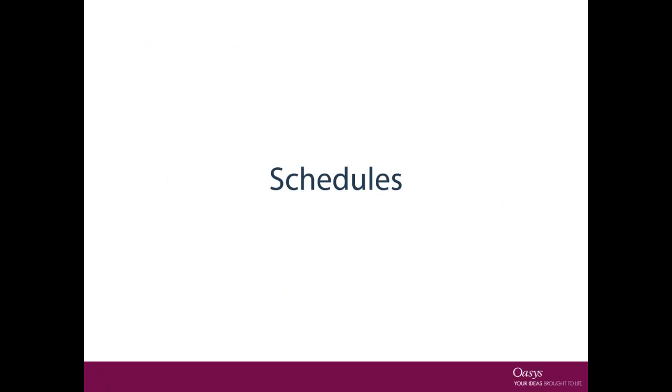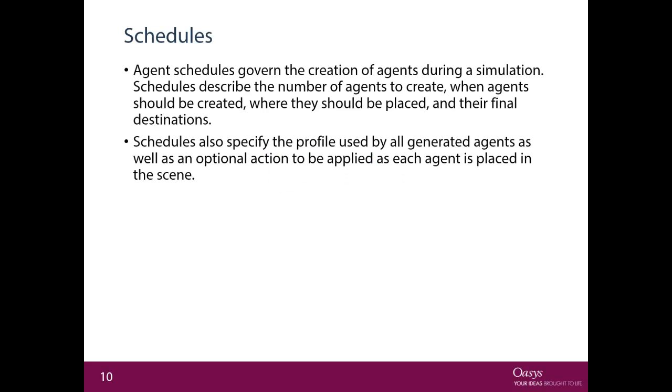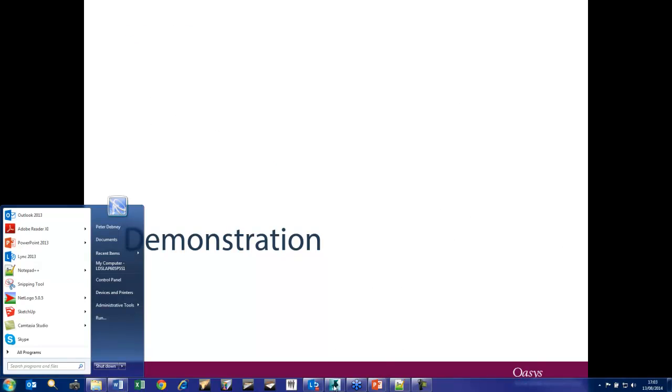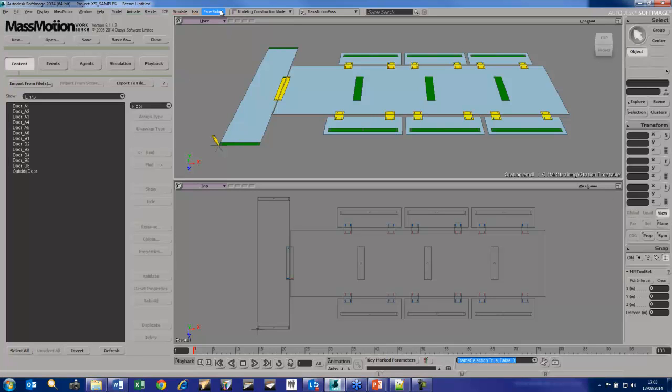I'll cover schedules first. Schedules are the easy part. Schedules specify where agents come into the model, where they go from, and possibly what they do en route. Now, there are various bits to help out. The best thing to do is to show you how it actually works with this sample model that I've got here. I know it's a very simple model, but